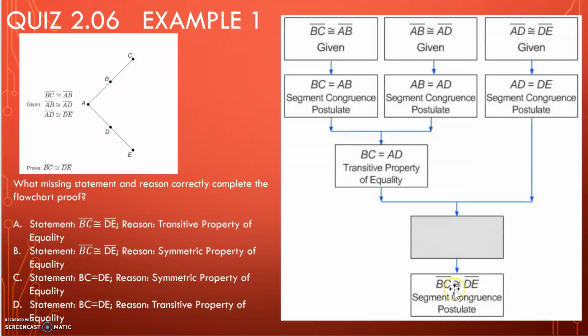So, we see that after that it becomes line segment BC is congruent with line segment DE. And then we see that the measure of line segment BC equals the measure of line segment AD. And then the measure of line segment AD equals the measure of line segment DE. So,